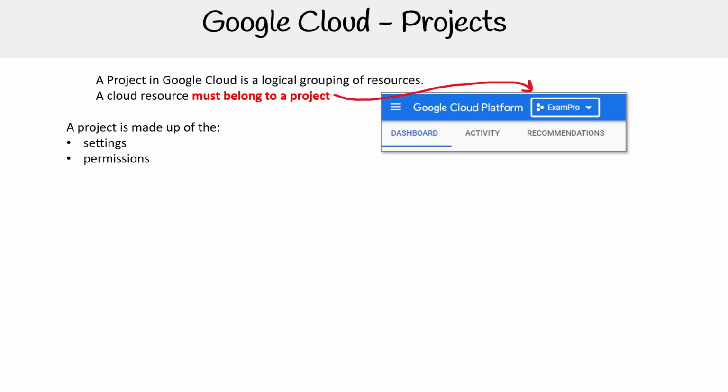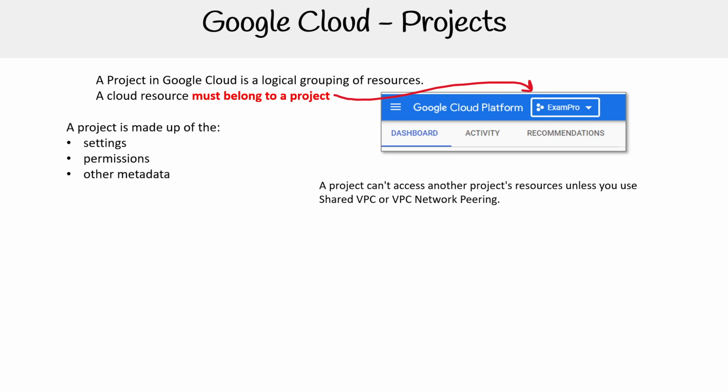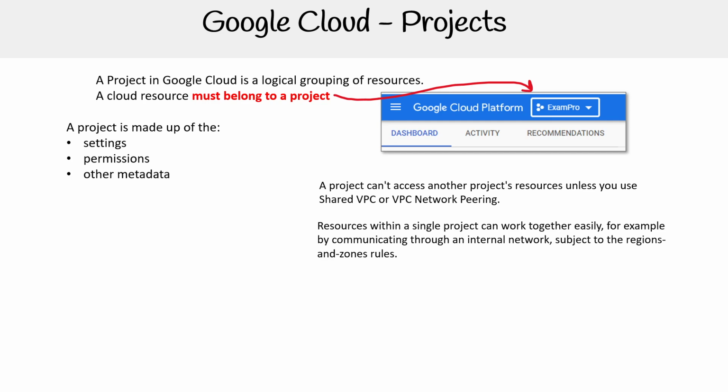A project is made up of settings, permissions, and other metadata. A project can't access another project's resources unless you use shared VPC or VPC network peering, and that is going to be related specifically to virtual machines, okay? Resources within a single project can work together easily, for example, by communicating through an internal network, subject to the